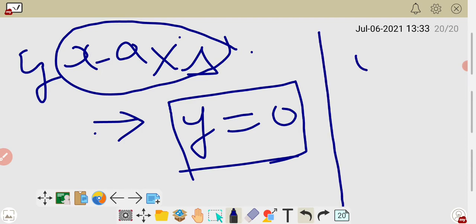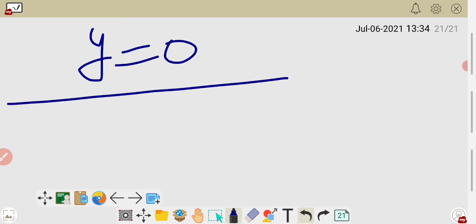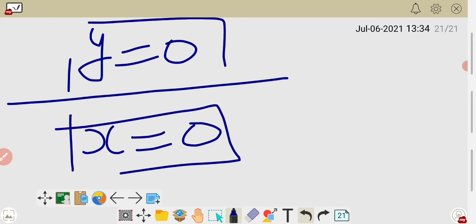If they are asking for the equation for the y-axis, then what will you take? The opposite one, that is x, and for the equation you have to put it equal to 0. So simply you can learn this one for the basic concept. One question can be asked as a 1 mark question or multiple choice question, and sometimes in Viva also. So this is an important one. So what do you know? Equation of the x-axis is y is equal to 0, and equation of the y-axis is x is equal to 0. Opposite coordinate you have to take, and for the equation you have to put it equal to 0.